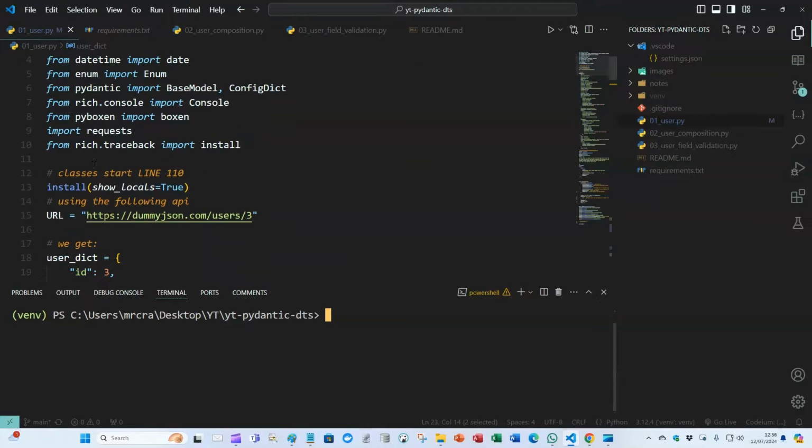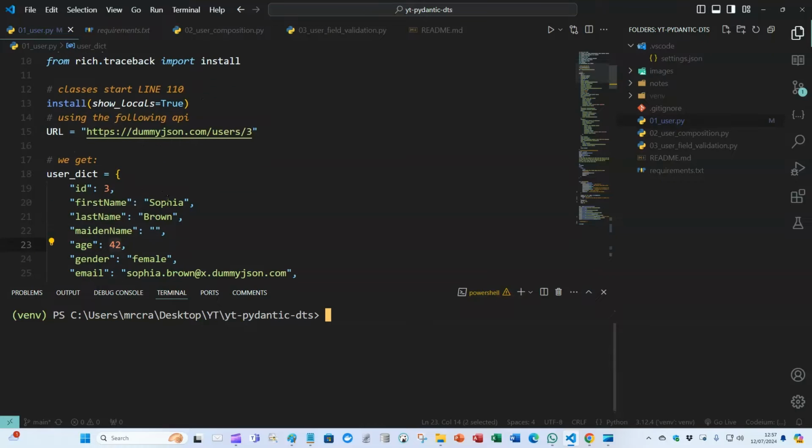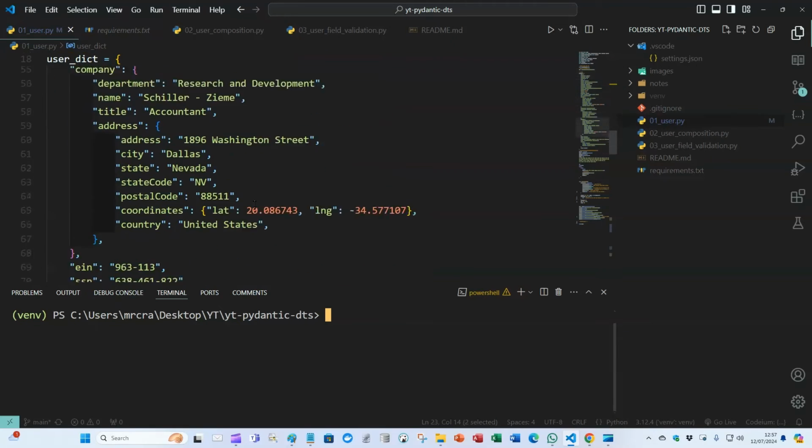We're introducing a nice feature of rich.traceback so that when we get traceback errors, they'll be nicely formatted. We're connecting to this API, which I put in as a user dictionary, which is something we'll get if we use the requests library with .json as its function. We're going to get the first name, last name, age, and email. So when we come down